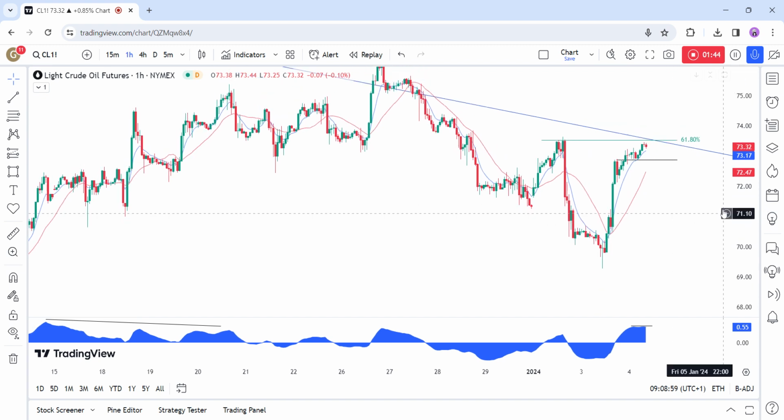On the 1-hour chart, we can see more closely the current price action, and we can notice that the momentum has been slowing. In fact, the upswings became weaker, and there's some divergence with the MACD. This is another bearish confluence for the sellers, and a break below this 72.80 level should give them even more